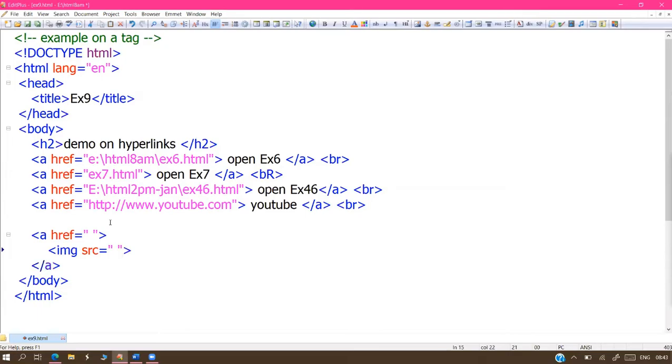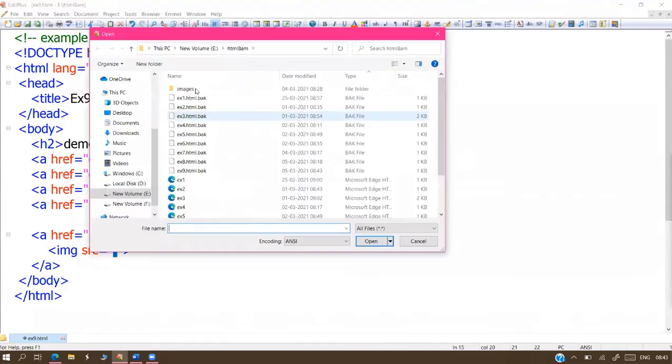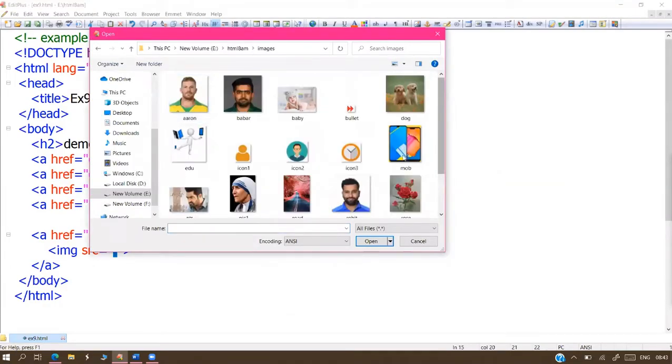SRC equals to something. Which image you want to display, write that image here. I'm going to display this mobile image, mob.png.